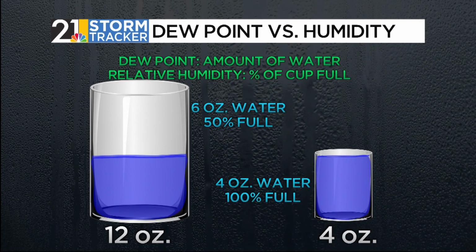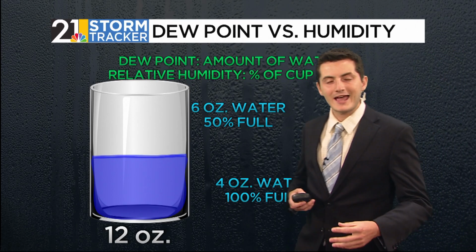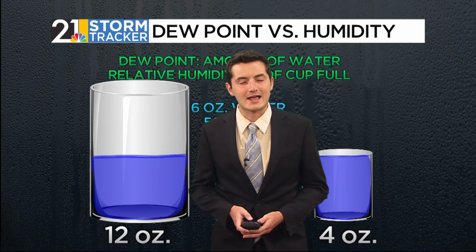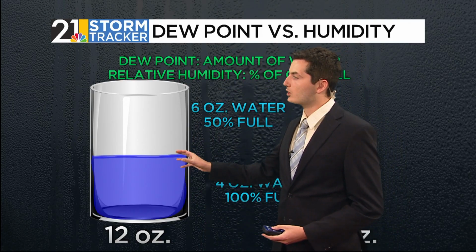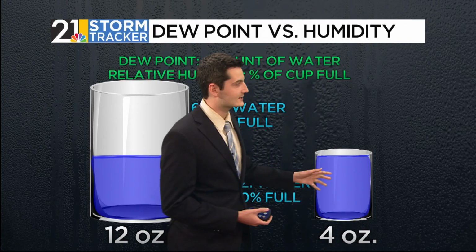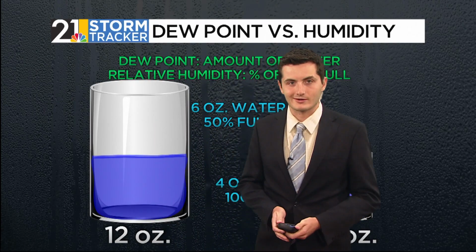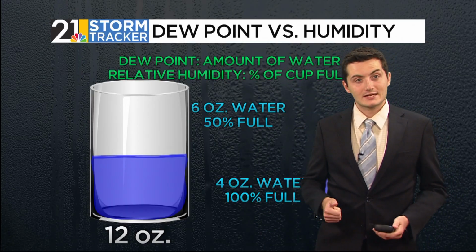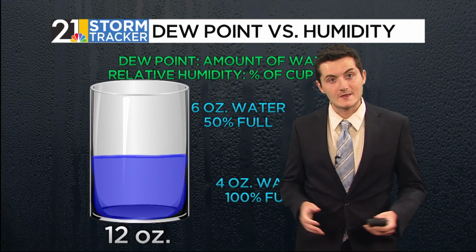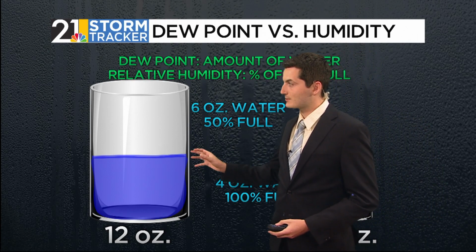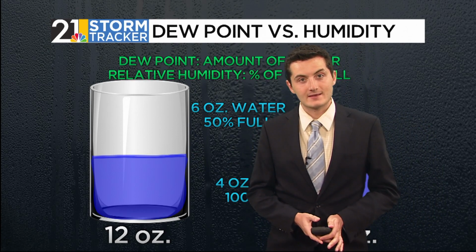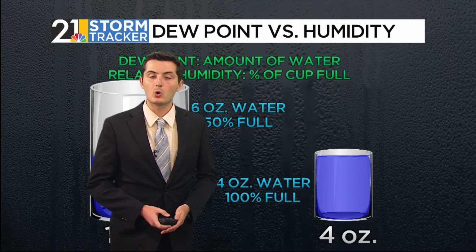Look at this graphic right here. This is a comparison between dew point and humidity. You have two glasses right here, a 12-ounce glass and a 4-ounce glass. They're telling different stories about what's in the glass. Dew point is saying how much water is in each of these two glasses. Relative humidity is saying what percent of the glasses are filled with water. And remember, like I said, higher temperature means you can have a higher amount of moisture in the air. So this 12-ounce glass is representing a warmer day, and this 4-ounce glass is representing, let's say, a cold, dry